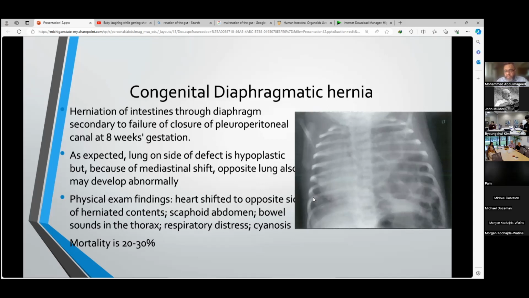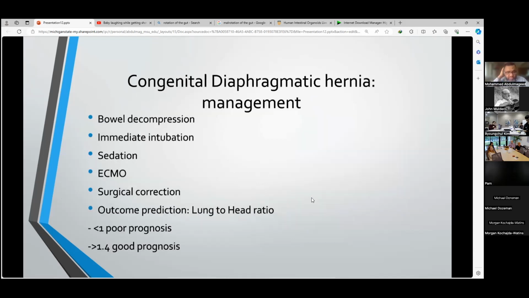So by the time baby is born, we are ready to manage. So what is the management? Number one is to immediately intubate the baby. Never, never, never put a bag and mask on a baby with congenital diaphragmatic hernia because the air you're pushing